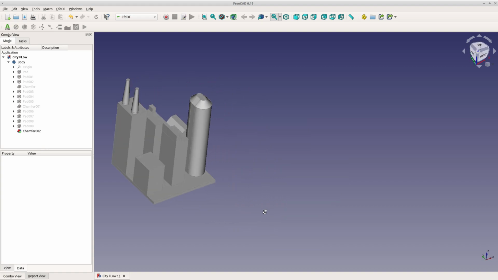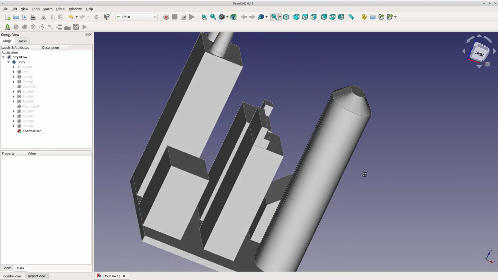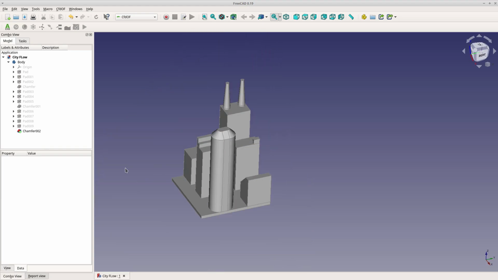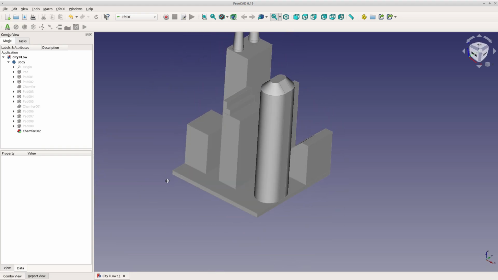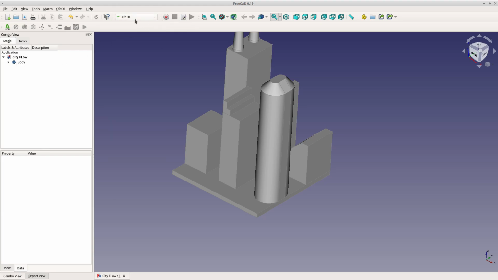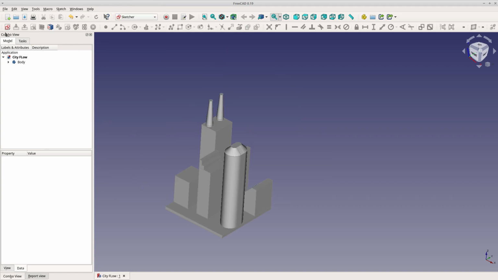So here I've made a small model of a city, 6 buildings. Kind of reminds me of New York or Chicago. Maybe the Ninja Turtles live in here. Let's create another solid. And I've used, of course, Part Design to make my city. I'm going to just jump into the sketcher and use the Part workbench for my other solid. I think I can get a pretty clean